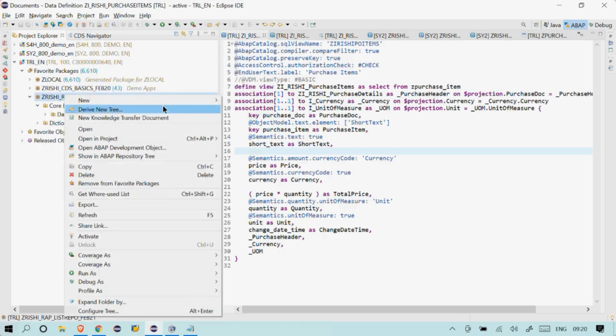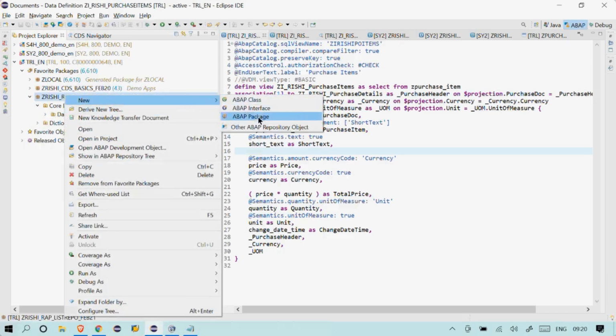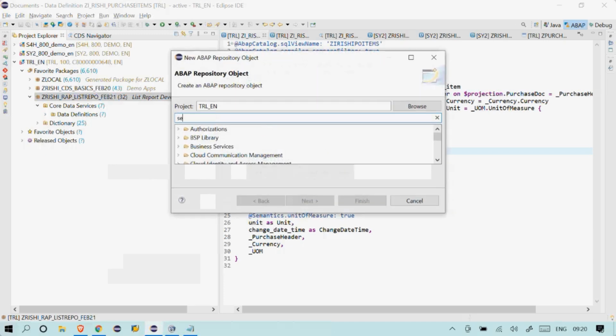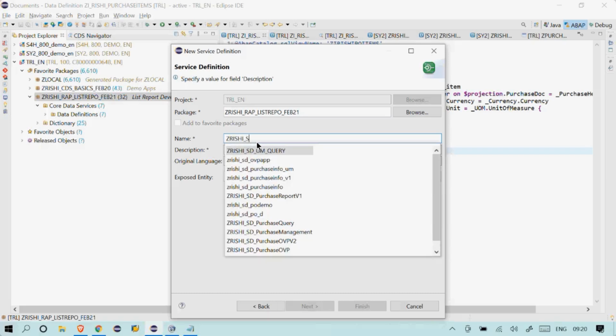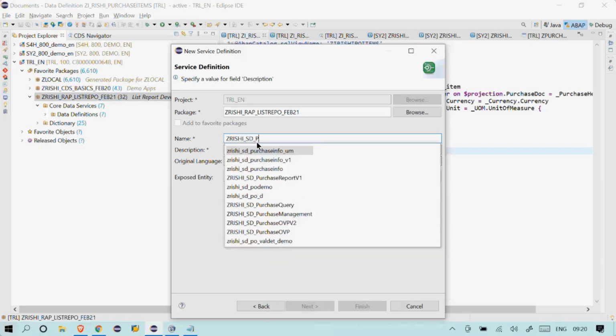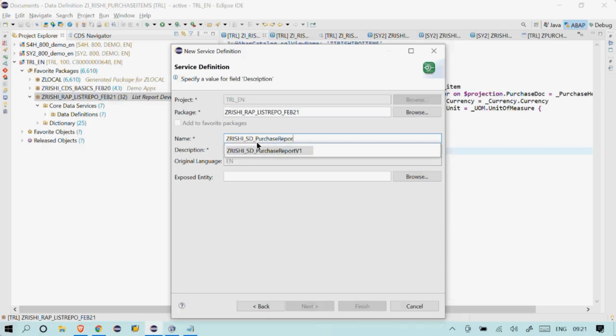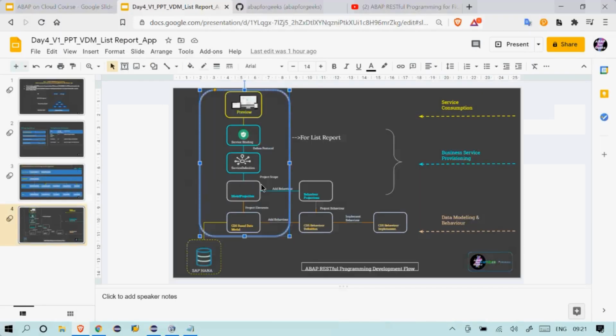There is a different artifact we are supposed to create for service definition. So let's create a service definition. Click on next. Provide a service definition name. I'll say Rishi SD, service definition for purchase report.